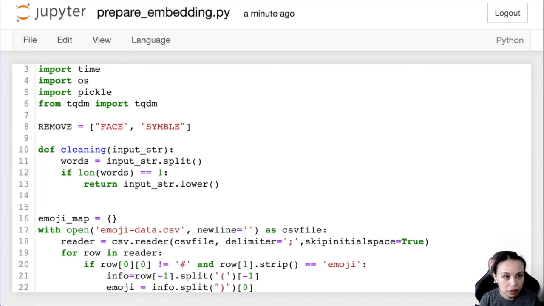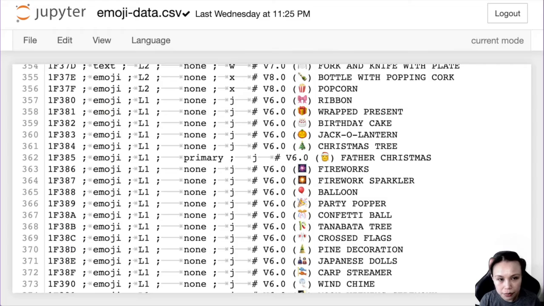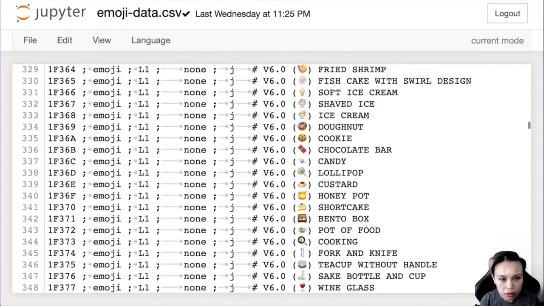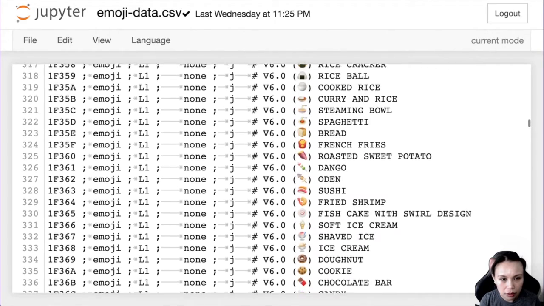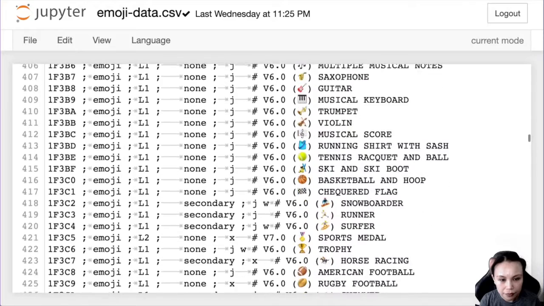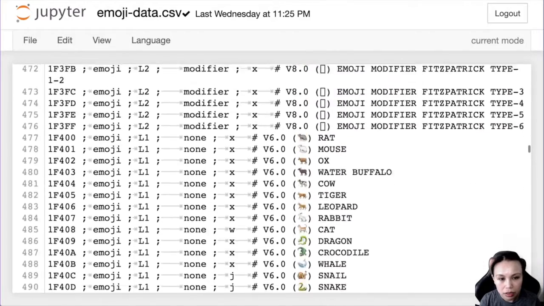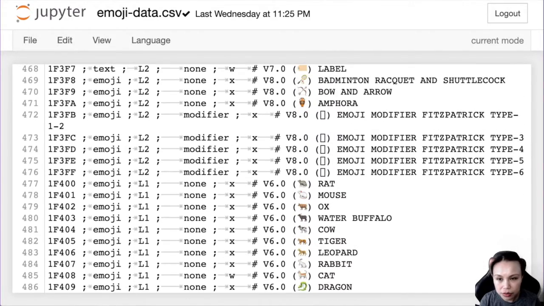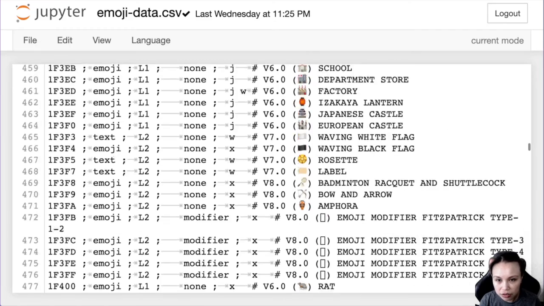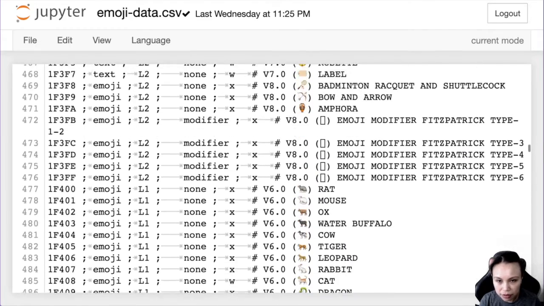Right. Double check. Symbol, want removed. Flag. Modifier. Yeah, this one actually I should really remove these ones. So I should actually have one more filter to check if it's a modifier.